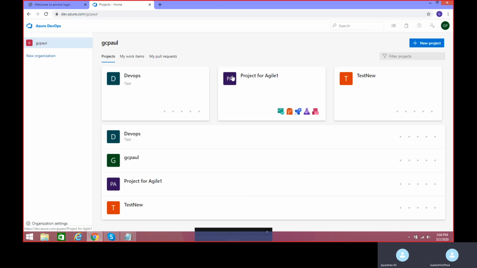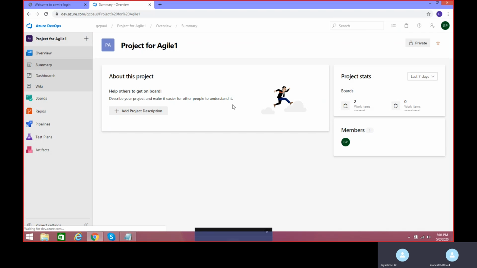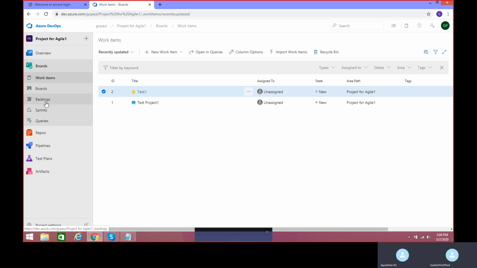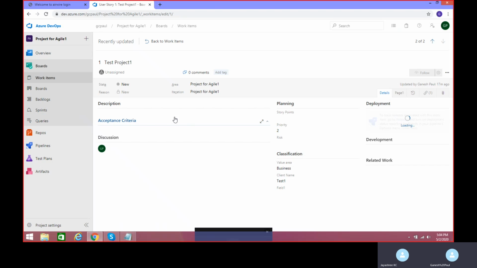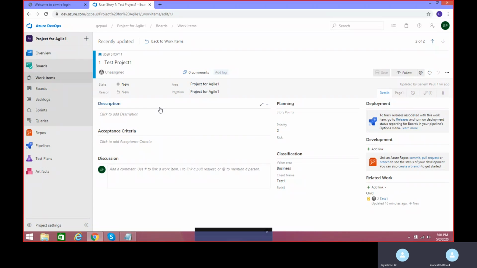Yes, this one. So now we have a user story created. So go to boards. Take up the test project 1 user story. So now go ahead and change the state to closed.